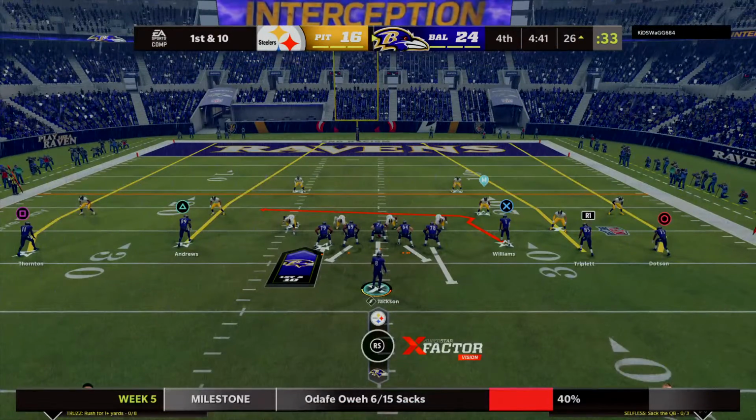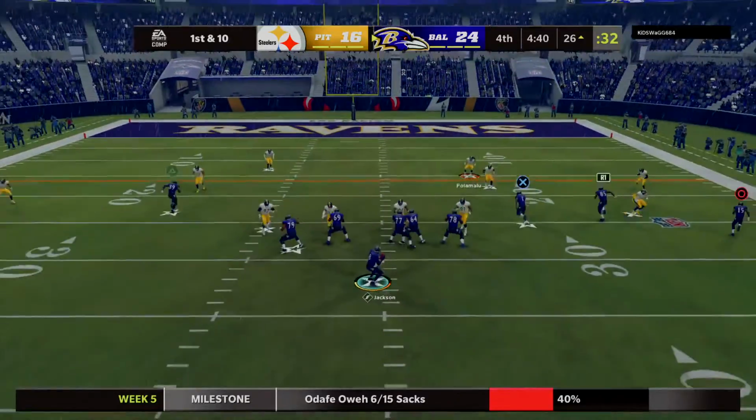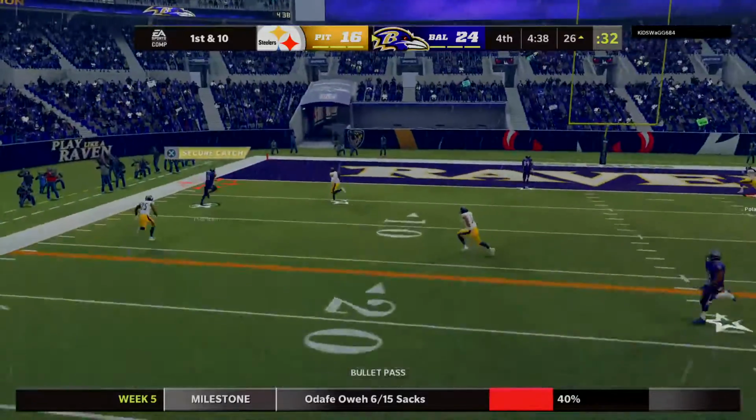But there's a lot of knowledge to be gleaned every time you throw an interception if you do things the right way. And hasn't there been...